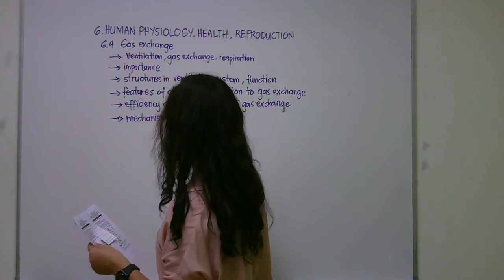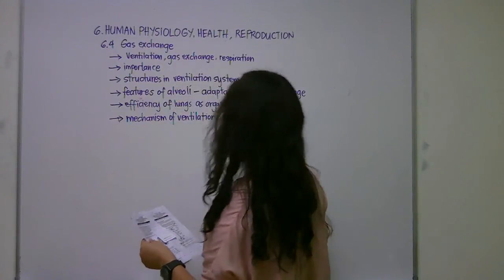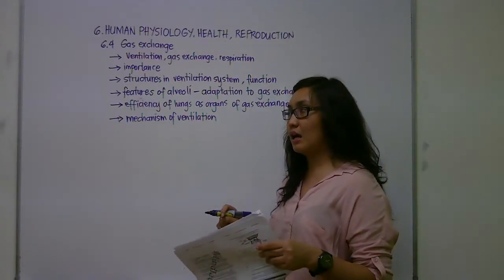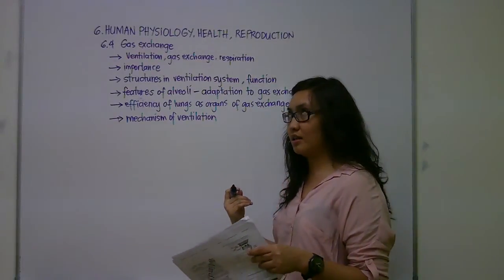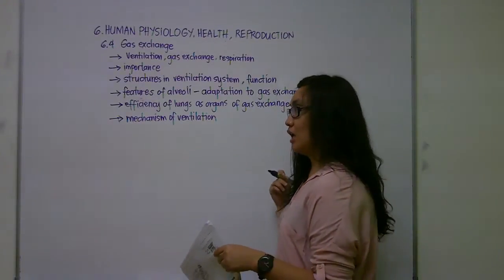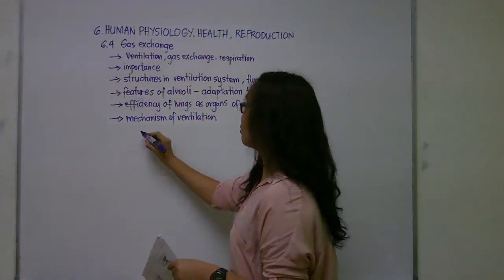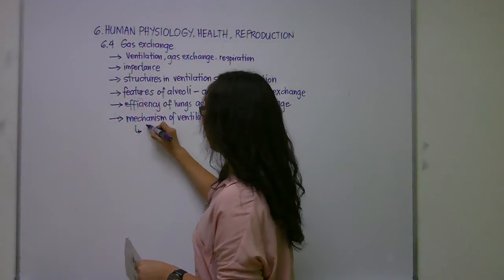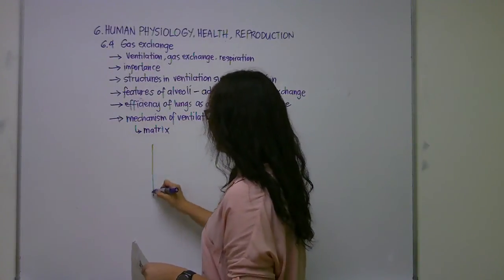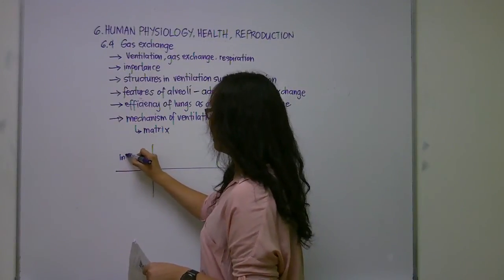Okay, so for this one, we are able to discuss further the processes of ventilation based on the events that are occurring in the thoracic cavity, in the ribs, in the diaphragm, and the intercostal muscles. So we have to provide a table or a matrix. Okay, so for example, during inhalation,